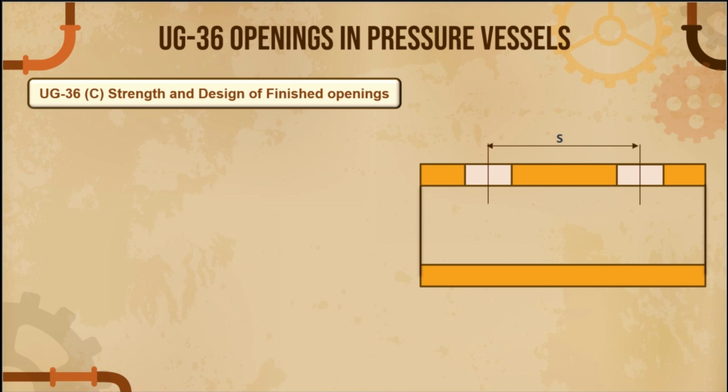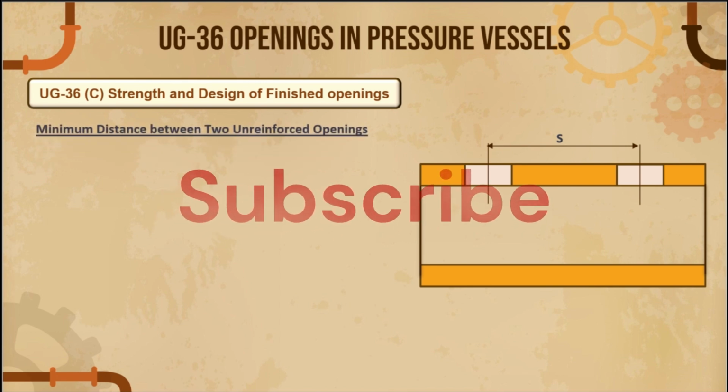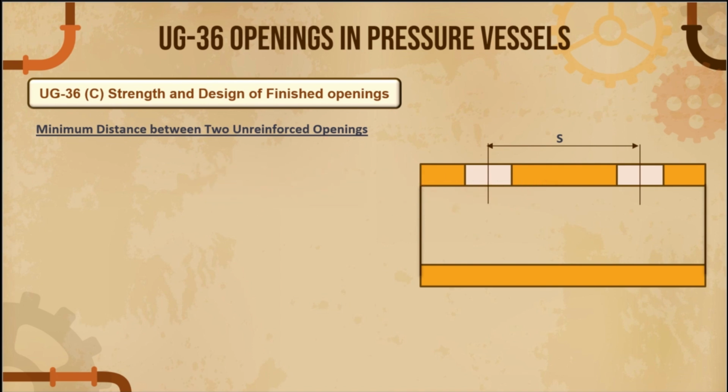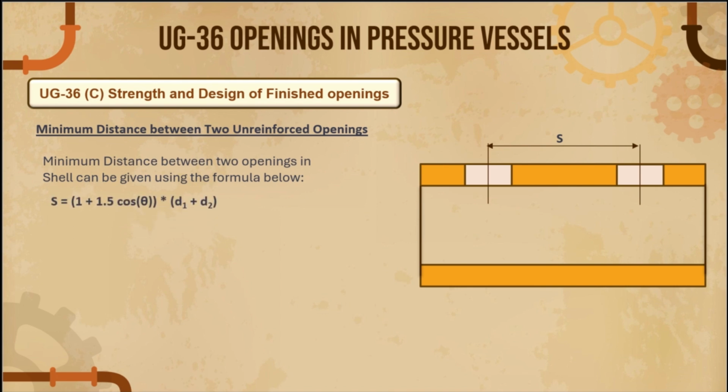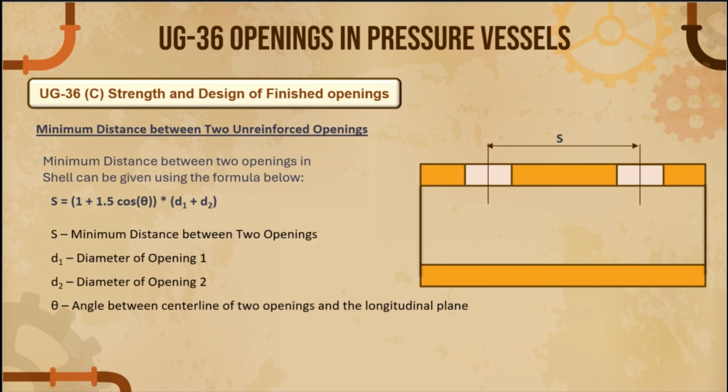So till now we have seen whether reinforcement is required or not. If you follow the above conditions, no reinforcement pad is required, right? So what is the minimum distance between these unreinforced openings? If you open the code book, the code gives one formula to calculate the minimum distance between two unreinforced openings, that is S = (1 + 1.5 cos θ)(d1 + d2), where S is the minimum distance between two openings, d1 is the diameter of opening 1, and d2 is the diameter of opening 2, and theta is, so listen carefully, theta is,